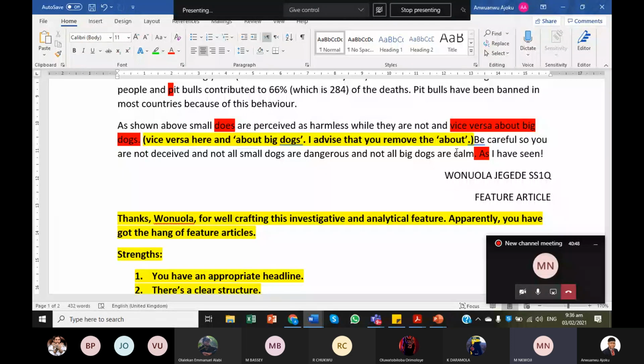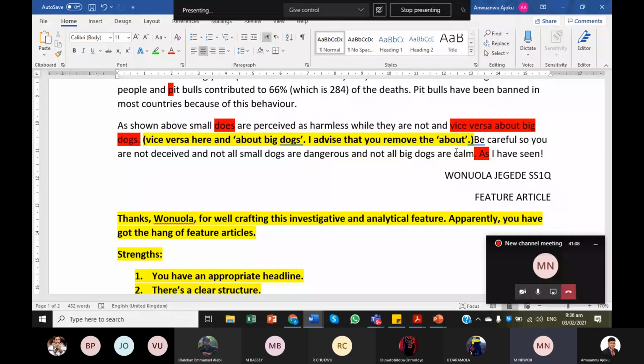As shown above, small dogs are perceived as harmless while they are not, and vice versa about big dogs. Be careful so you are not deceived, and not all small dogs are dangerous, and not all big dogs are calm,